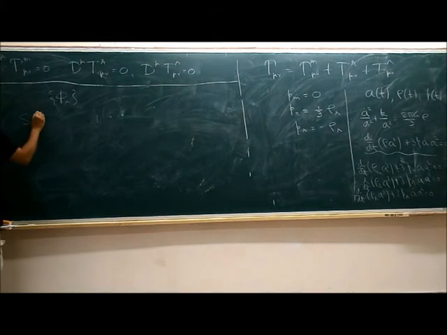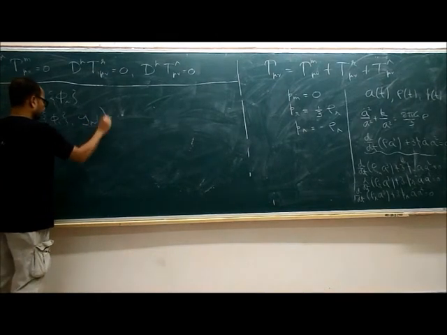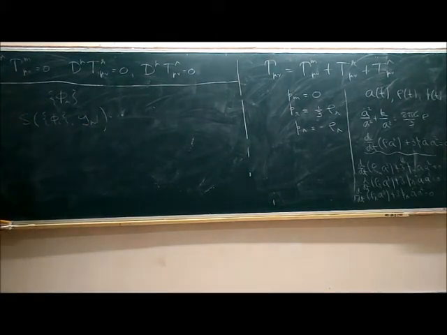And consider an action which is a function of phi I and g mu nu. So this does not contain the Einstein-Hilbert term. This is just an action involving phi I and g mu nu. For example, if you have a scalar field, it's the scalar field part of the action, not the Einstein part. If it's a Maxwell field, it's the Maxwell field part of the action, not the Einstein part.